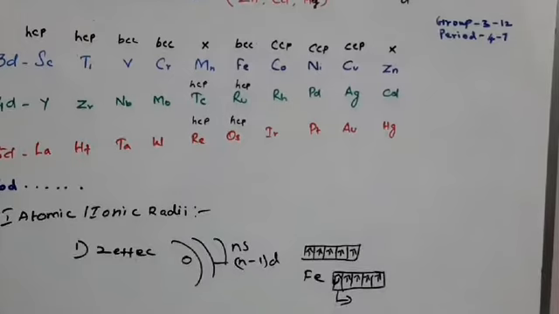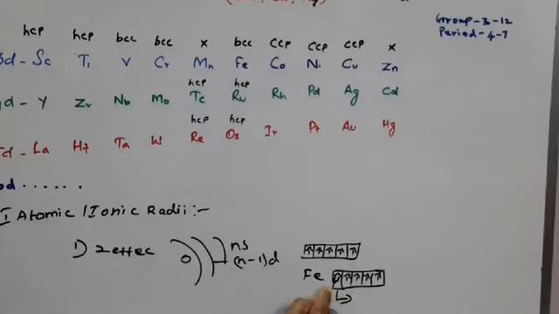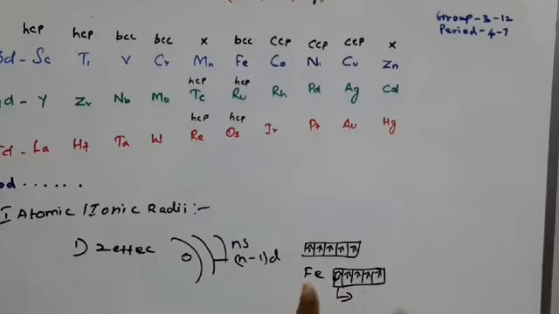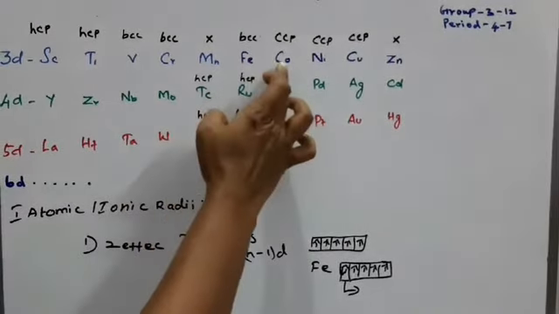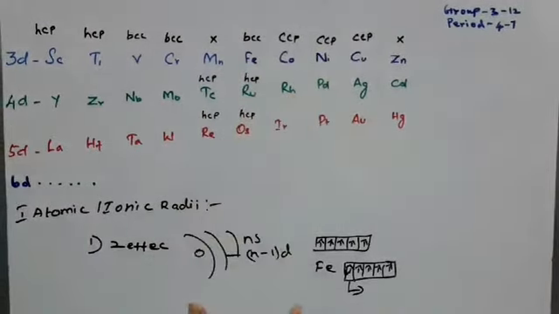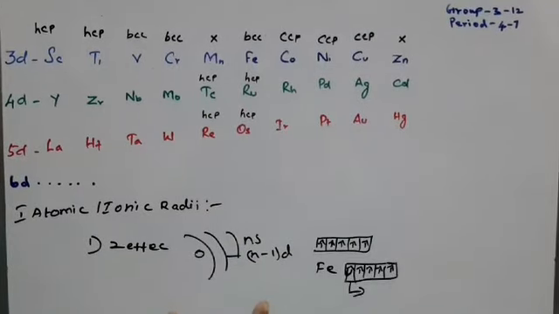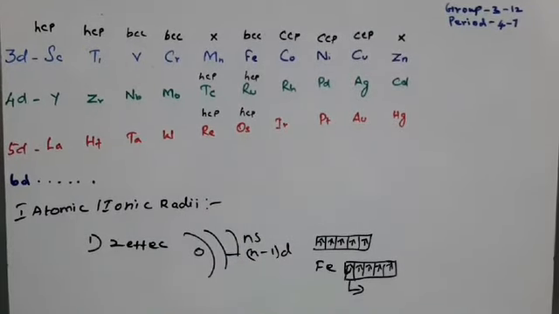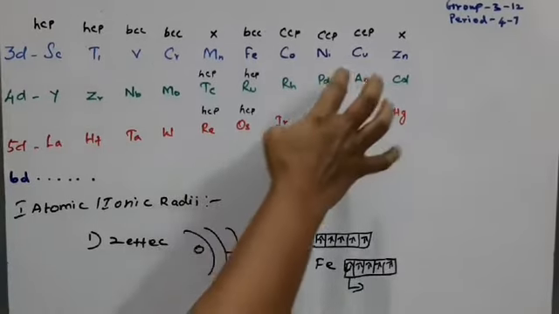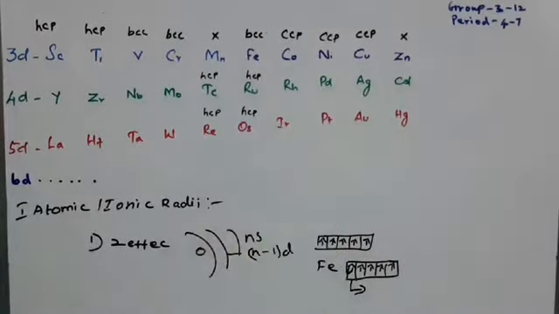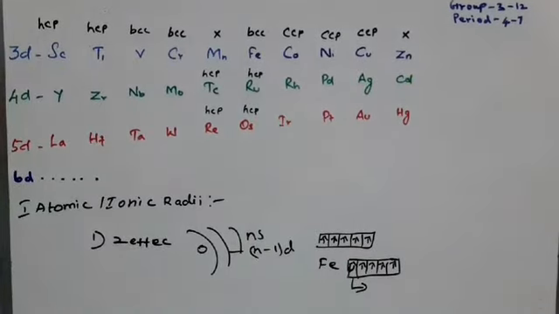Pairing takes place means there is one electron and another electron, so electron repulsion takes place. Okay, so from iron to cobalt, nickel, copper, the electron repulsion takes place, so that it is constant. The covalent radii would be constant. After that it slightly increases because of zinc. What is that? That is